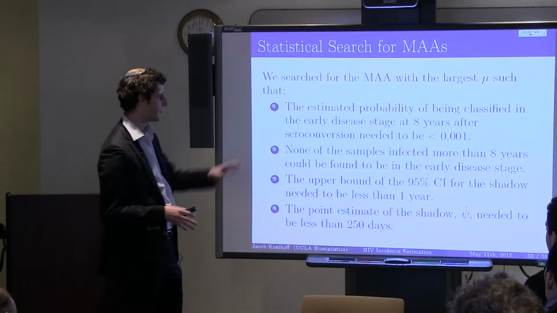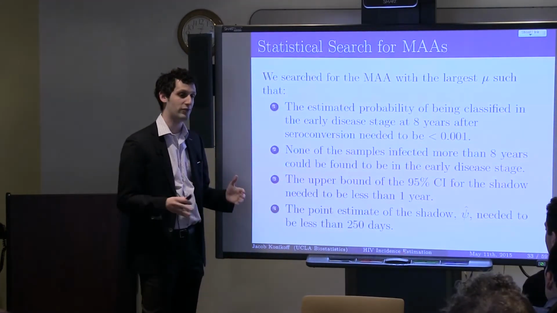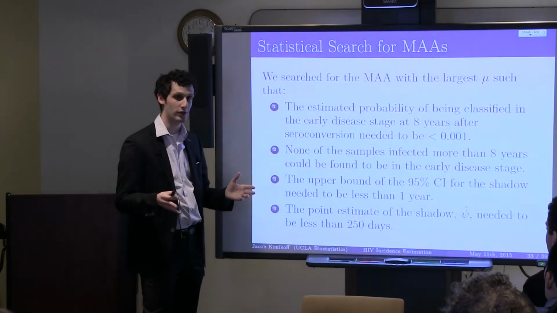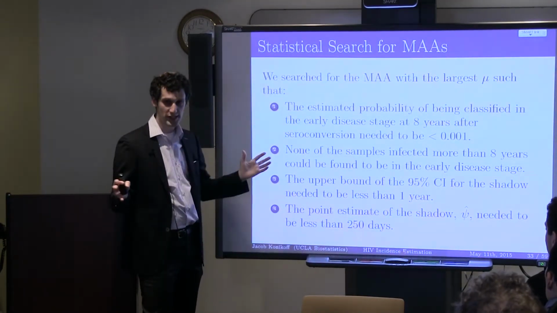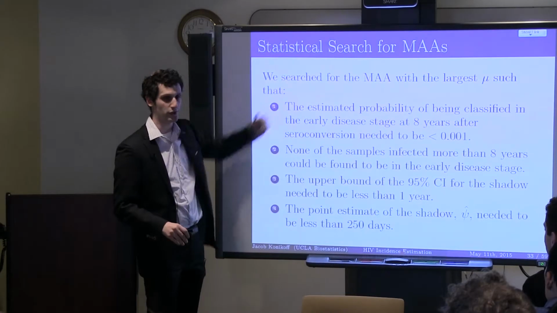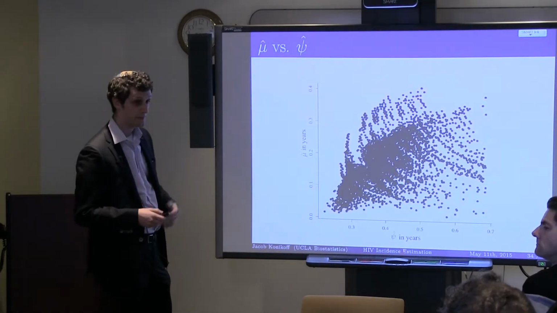So basically we're trying to find an algorithm that has an acceptable shadow, which we're defining more or less to be a confidence interval whose upper bound is less than 1 year. And among those who are acceptable, we want the one that has the largest mu, because that's going to control the variability. So going back to the